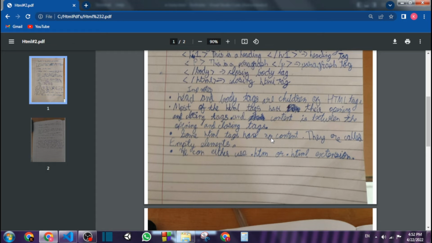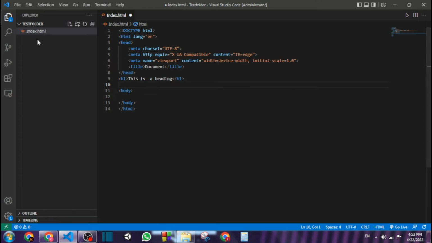Now we can use either .htm or .html extension. I will show that, not explain it. If we have this index.html and I want to rename it, for renaming you press F2 in Visual Studio Code. So I press F2, and then this is our file.